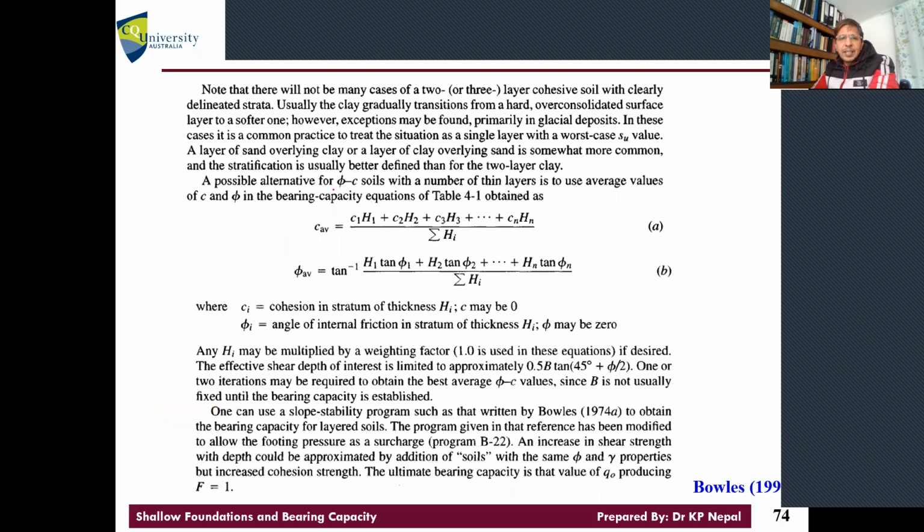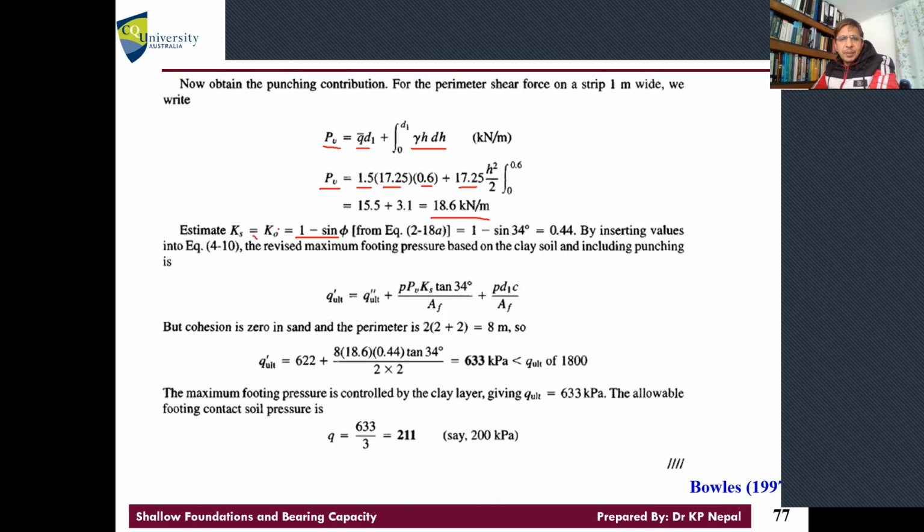You see now we got PV this, and the K naught we got how much? 0.44. Did you get this? 1 minus sin 34, right? And then everything you put in this equation now. What did I get? 622. That's the second layer, the ultimate bearing capacity we computed for the clay layer, right? And then all these other values we computed now, right? Yeah? And then